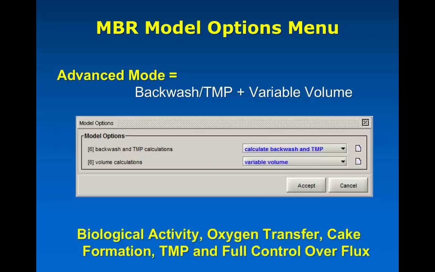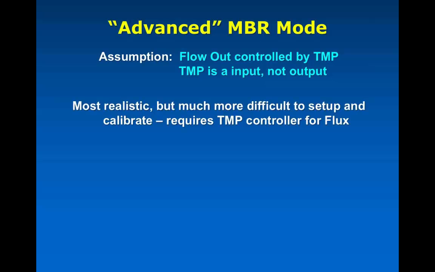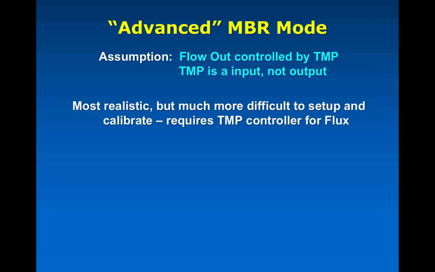over the flux. Now, the way that works is, because flow out is now not assumed like it is in the other two modes, you actually have to figure out the right TMP to get the flow out. So basically, you put a controller on it, or you specify a certain flow rate. And now TMP is actually an input rather than an output. So you apply a certain pressure. We calculate via the resistance models and other things here how much flow actually is going to come out. And if your flow out is less than your flow in, then the tank will start to fill up a